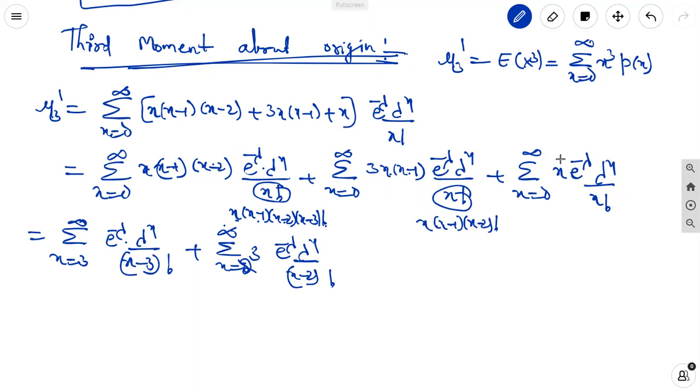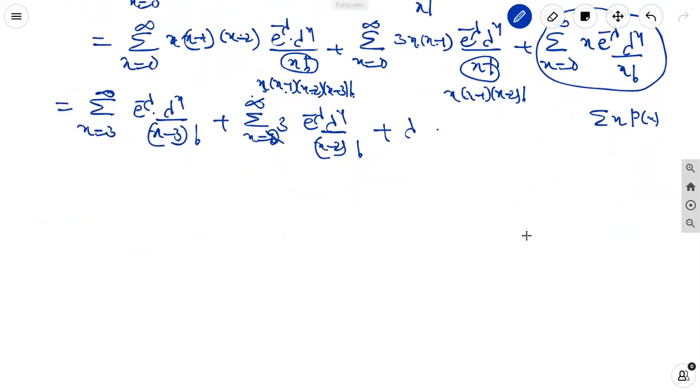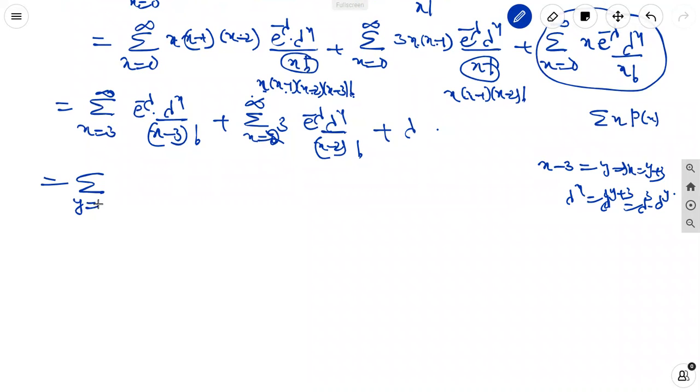This is expectation of x. Here x means summation x p of x. The last term is x p of x, so we can write it as lambda only. Next, we can take x minus 3 equal to suppose y, then x equal to y plus 3, then lambda power x means lambda power y plus 3, which is equal to lambda cube into lambda power y. So here it can be transferred into another variable y from 0 to infinity e power minus lambda,